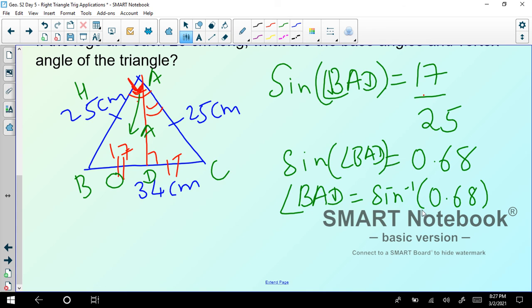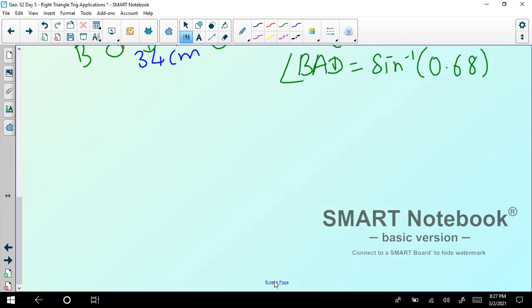So substitute that in the calculator. Sine inverse of 0.68 gives us 42.84. So angle BAD equals 42.844 degrees. Okay,